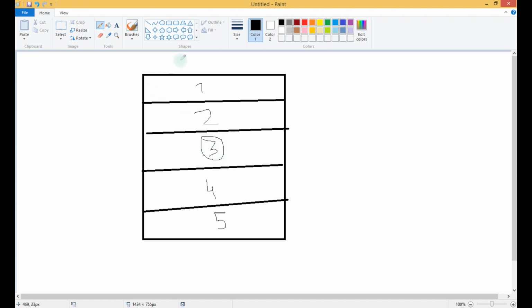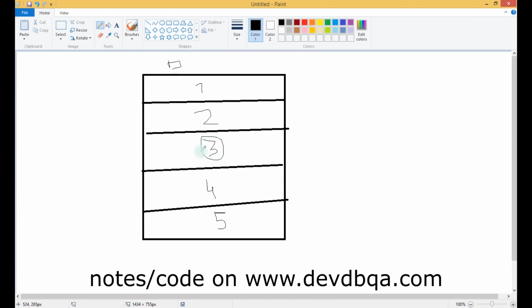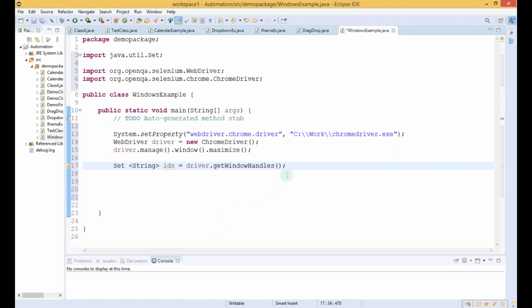By default the control is over here. First we will go to the first one, then the second one, and after that we can go to the third window handle.